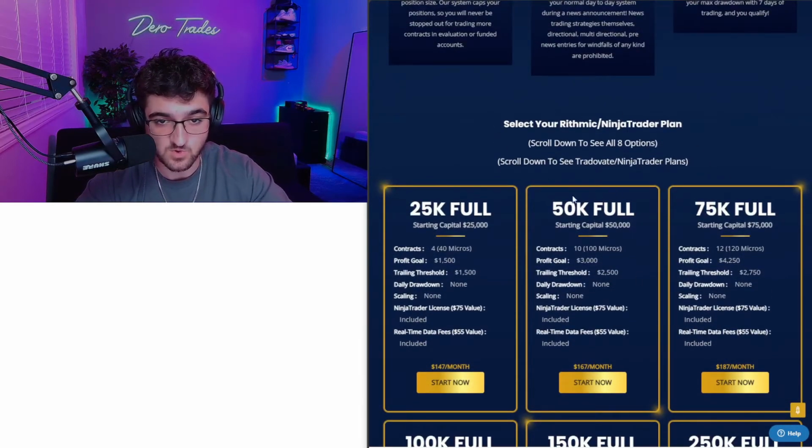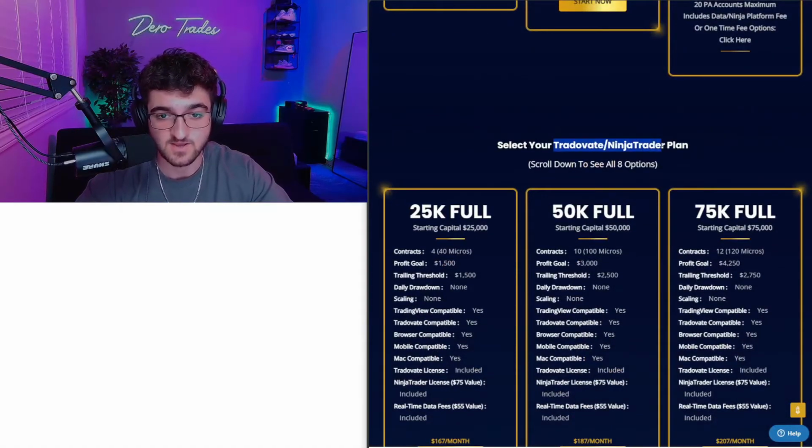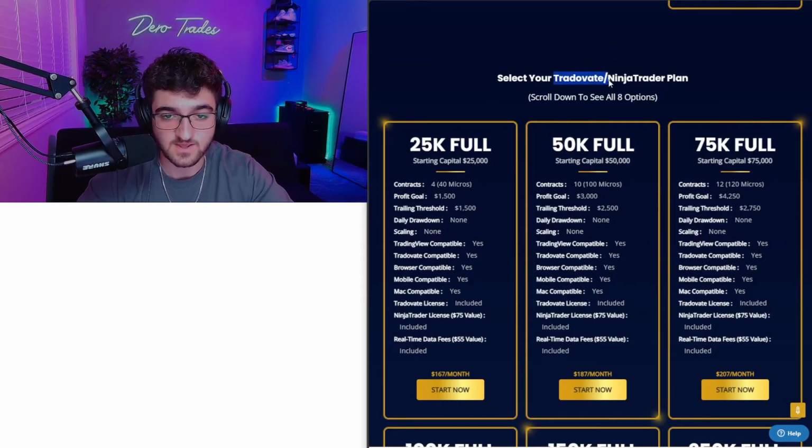So this first row of accounts are Rithmic/NinjaTrader platform. That's the first account. This is the cheaper option. Rithmic and Ninja can only be used on Windows-based computers. And the second option down here, Tradovate and NinjaTrader plan. Tradovate can be used on Windows, Mac, and phone, so it's versatile. The only issue with Tradovate is that it is a little bit more expensive,